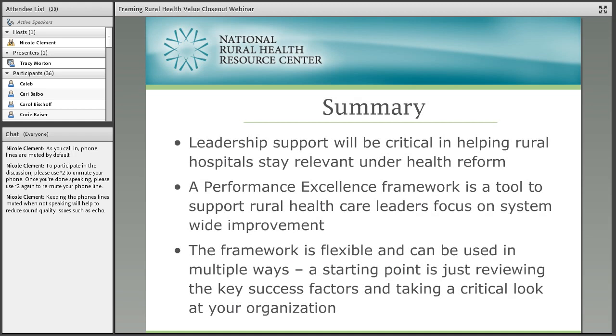So in summary, the purpose of this framework is that, first and foremost, leadership is of the utmost importance, and leadership support is critical in helping the rural hospital stay relevant under health reform. That leadership support is relevant in the critical access hospital itself, with its administrator or other lead nurse staff, etc. But it's also leadership support coming from the state FLEX program, and you as the FLEX coordinator or the FLEX program director as well. What are the resources and tools that you can align within your FLEX program and in your work plan to help support those critical access hospitals and provide them with the leadership that they need?